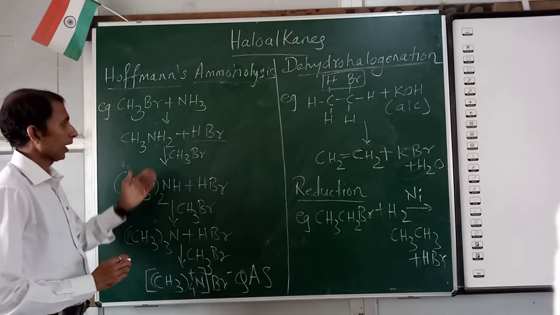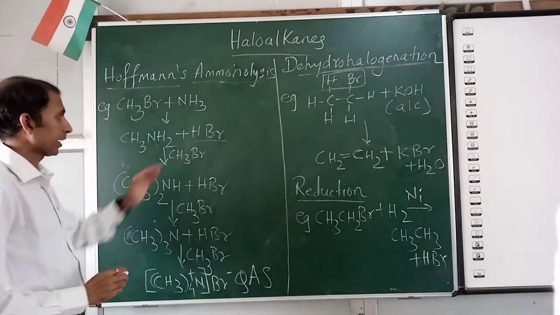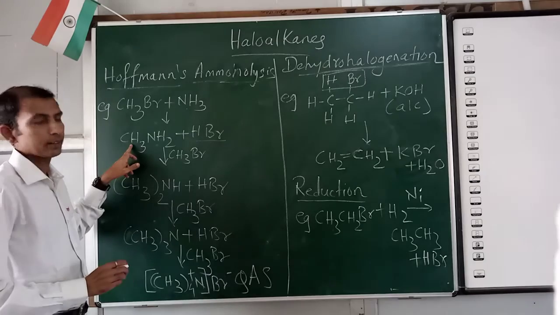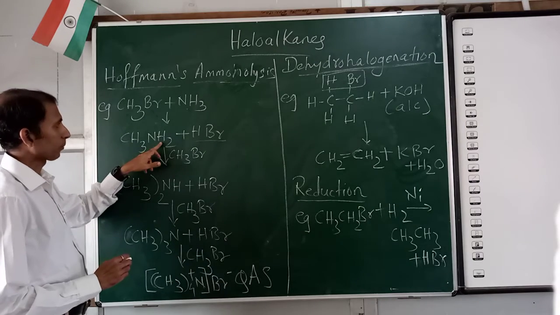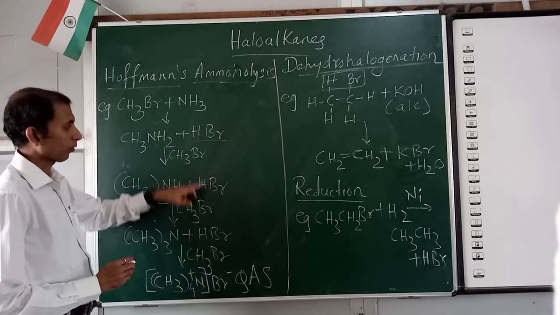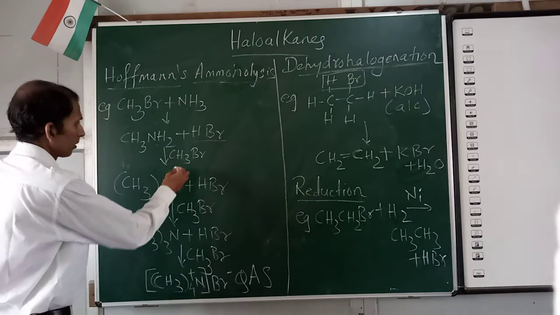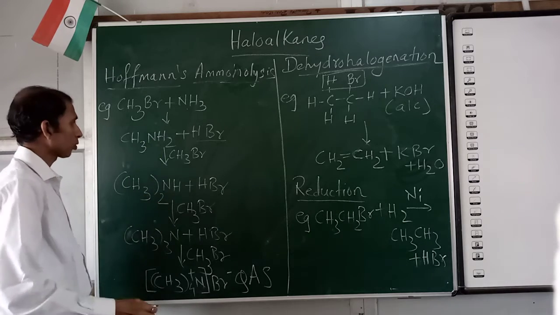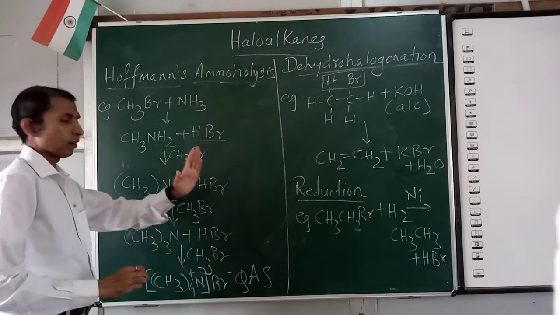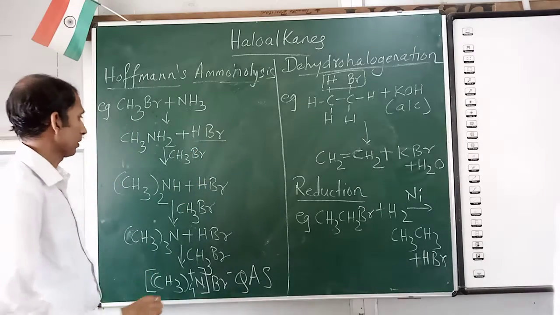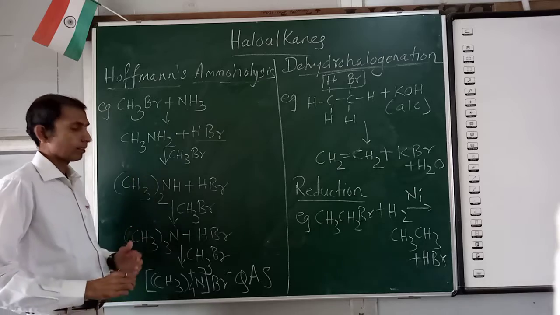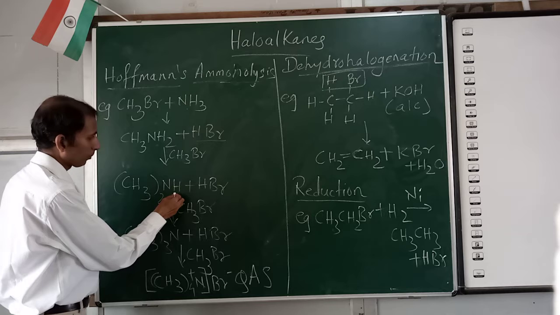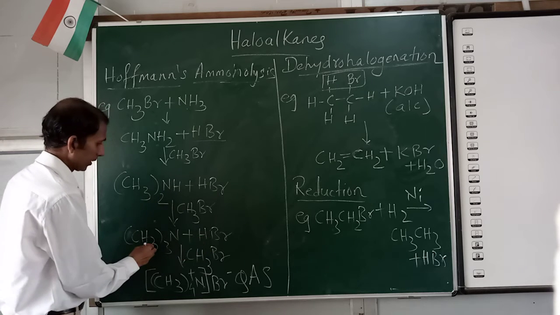Second step, add more amount of alkyl halide, that is haloalkane. Now this haloalkane will react with this amine. One more hydrogen is replaced from here and this Br will form HBr. What remains here? Methyl groups added to nitrogen, so we get CH3 twice here now. Two methyl groups and only NH will remain here because one H is already lost in the form of HBr. Further addition of haloalkane, alkyl halide, one more H is replaced from here, you get HBr and CH3 thrice N.